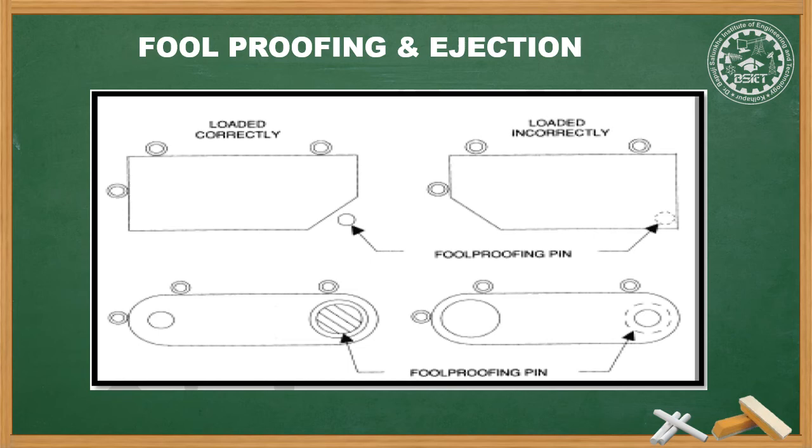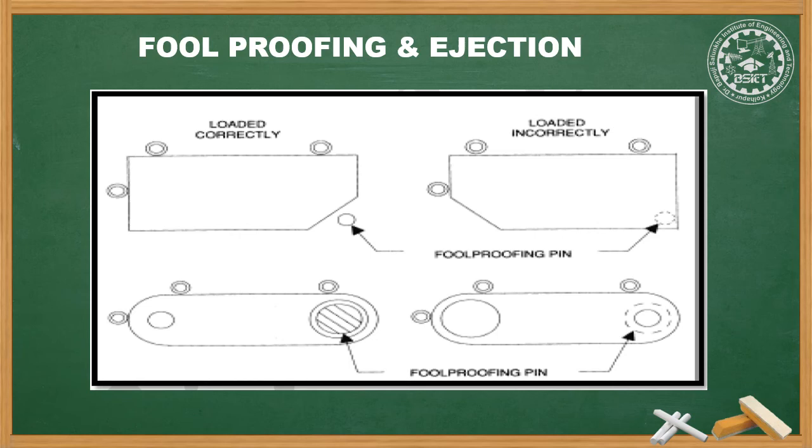The jig and fixture are designed to eject the heavy workpiece mechanically when it is unclamped. This is to save the time and labor of the operator. The ejection components are the wedges, spring-loaded cams, or the plungers. Ejection is nothing but the removal of the workpiece from the jig and fixture after the completion of the operation. This reduces the time of removal of the workpiece for the operator and it also reduces operator fatigue.